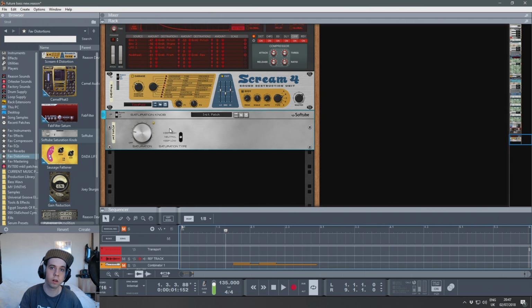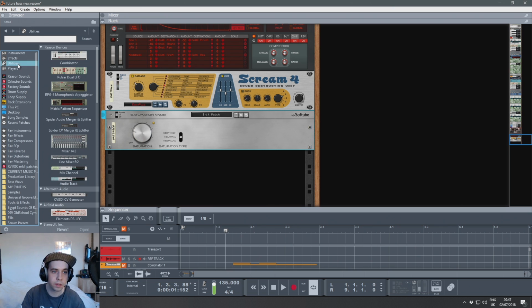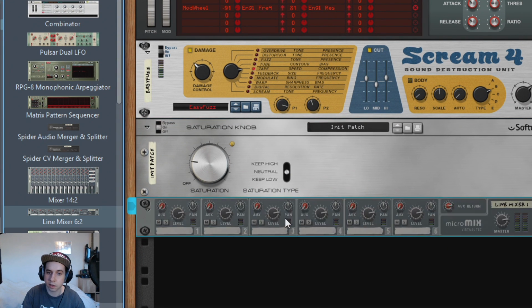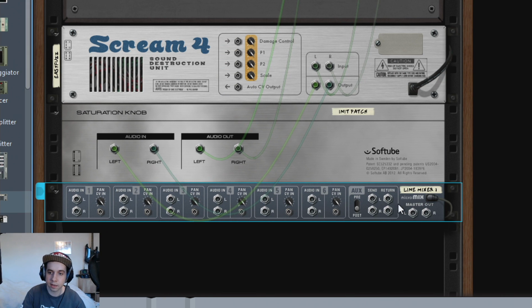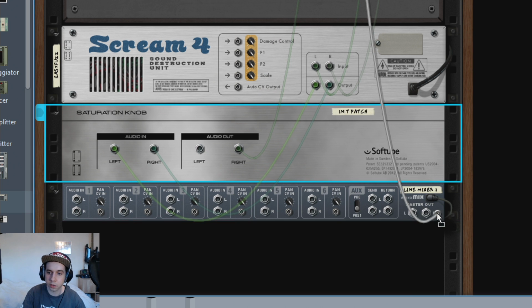Next I wanted to add in a more aggressive distortion but in parallel so that I don't affect the whole signal. So what I did is I went to Utilities and dragged in a Line Mixer 6x2, holding shift so that it doesn't create new cables. Then I put the audio out here,